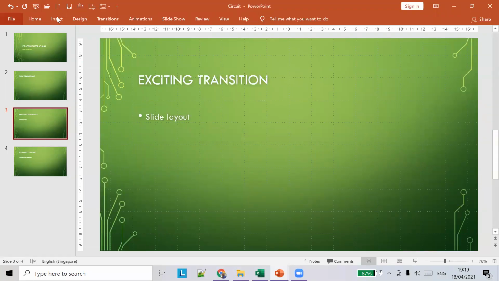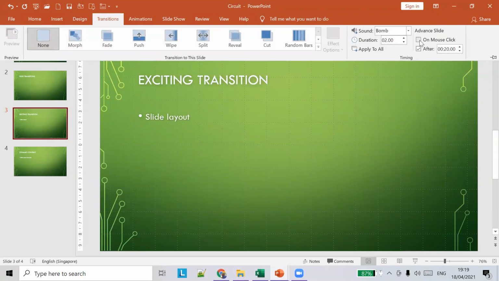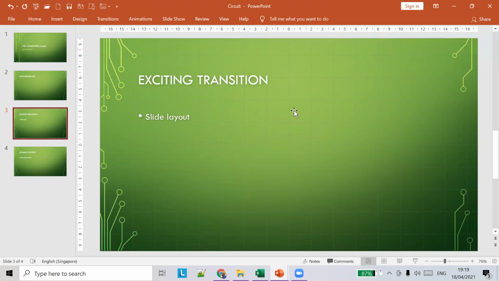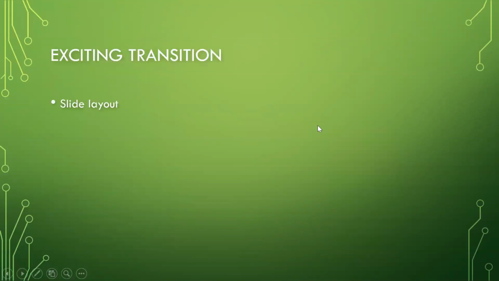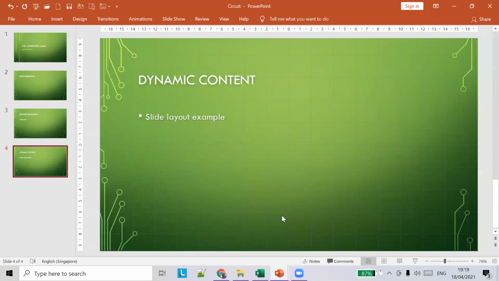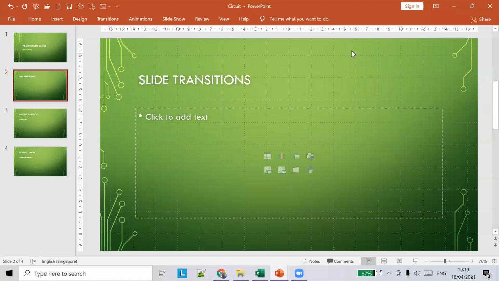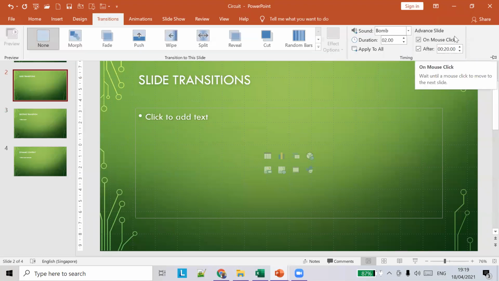What I did is I forgot to apply to all the transitions. So, mouse click, apply to all. Now I can do a mouse click on all the pages, so I don't have to wait for 20 seconds. But if you see the screen, it still has 20 seconds to move to the next screen. We don't want to do it automatically, so we don't have to wait for 20 seconds. We click the next button, skip the automatic transition, and do it ourselves.